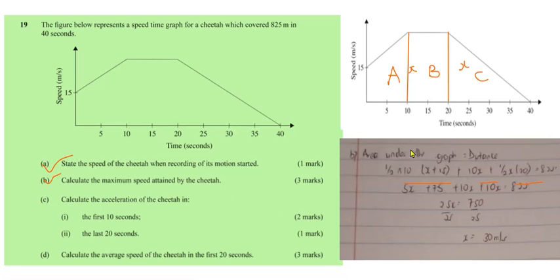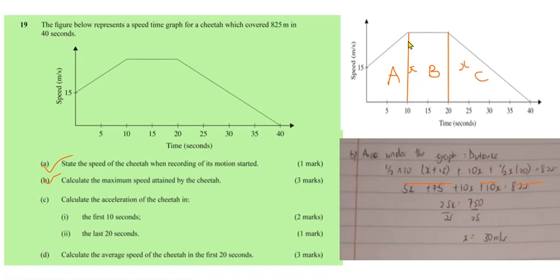So you're going to use the area under the graph, of which the area under the graph represents the distance. So you're going to divide the graph into three, of which the first part you're going to have the trapezium, then the middle one, the rectangle, then the other part you're also going to have a triangle. So you're going to have, for the first trapezium, a half multiplied by 10 multiplied by the maximum